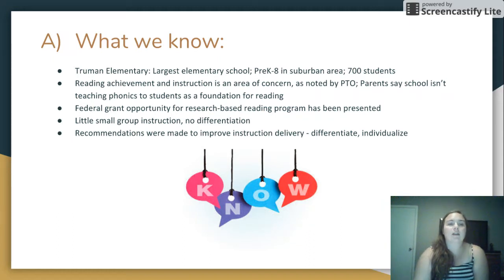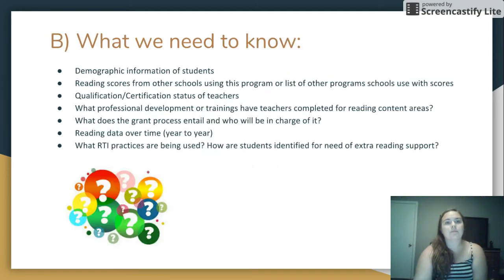There was a federal grant opportunity for a research-based reading program that was presented, and it was found through the reading supervisor's observations that there is little to no small group instruction happening in the classroom with basically no differentiation. She made recommendations to improve the instruction delivery, which really focused on differentiating and individualizing the materials for students based on their ability levels. What we still need to know is the demographic information of the students at the school,